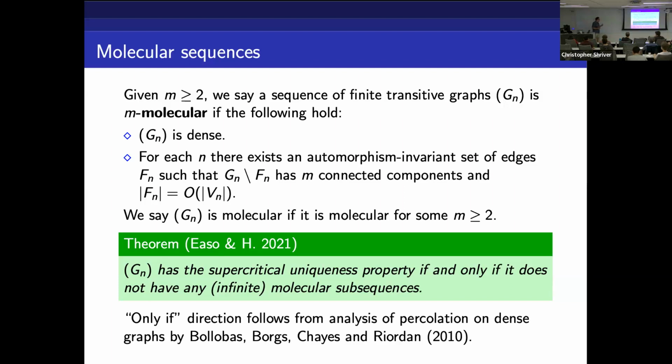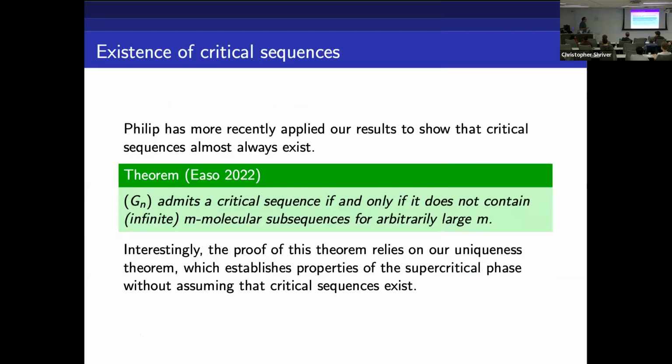Okay, so I should say, the real content of the theorem is saying, if you fail to have supercritical uniqueness, then you have one of these counterexamples. The converse to that is an easy consequence of this general theory of percolation on dense graphs. Okay. Cool. So after we did this, Philip was also able in single author work to